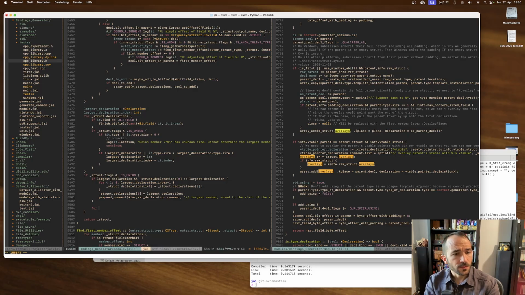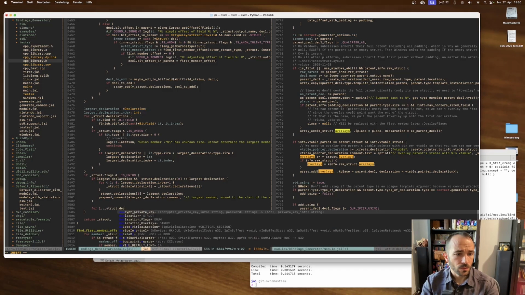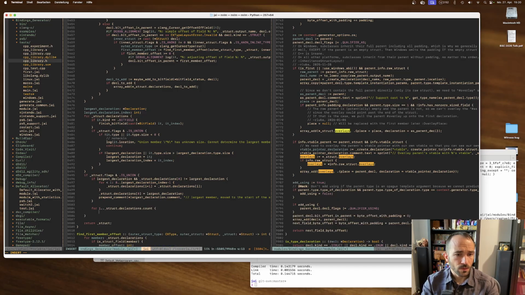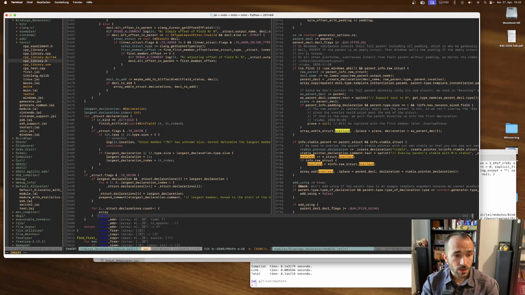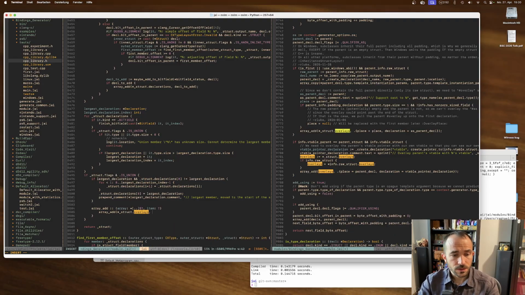So we're going to say for 1 dot dot struct the count -1, array add struct overlays place is